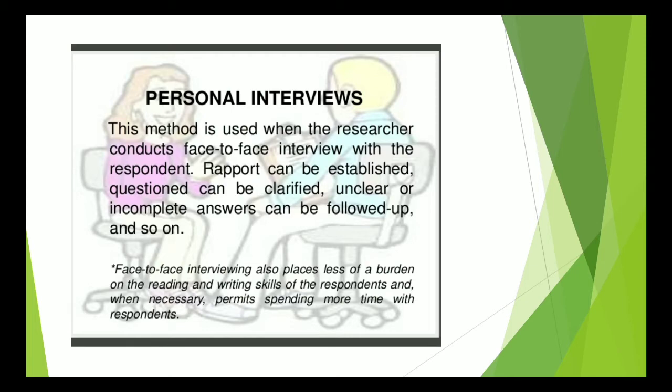So personal interviews are not that much recommended as a survey method. Most are online, so that the opinion is anonymous.